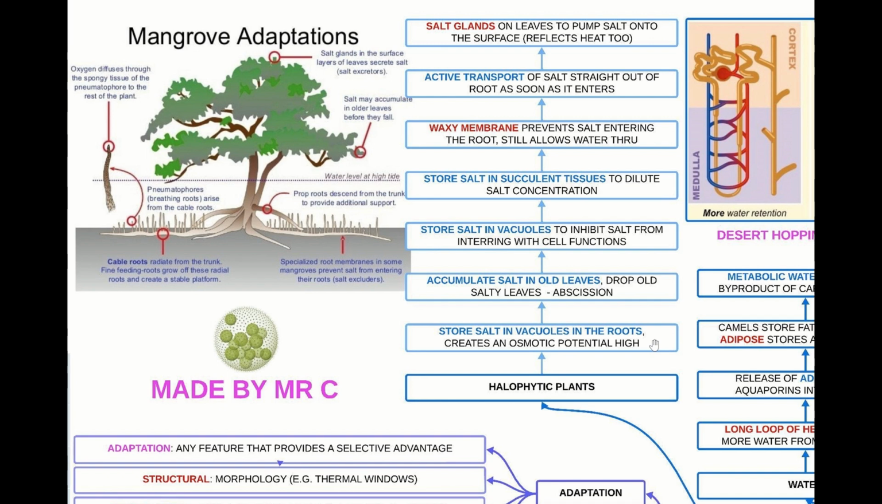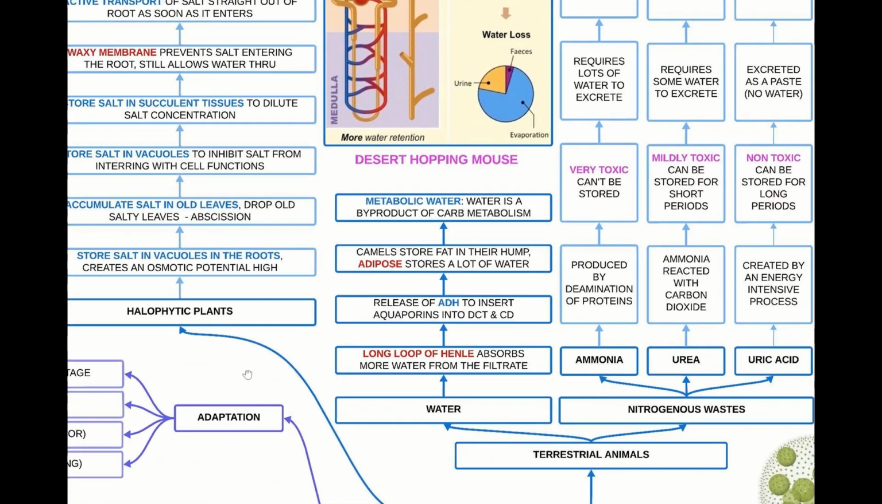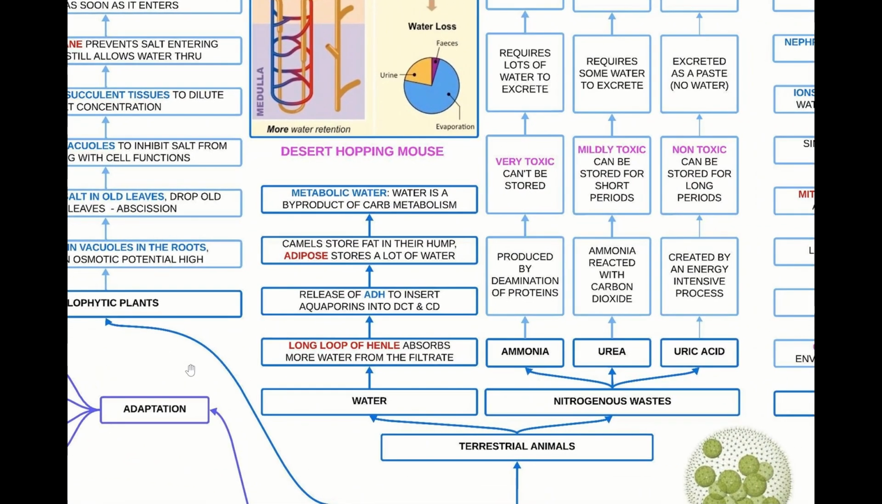They have active transport of salt straight out of the roots as soon as it enters, and it has salt glands on leaves to pump salt directly onto the surface of the leaf, and this salt also works to reflect the heat. All right, next we come to terrestrial animals for the most part, and we get to water,